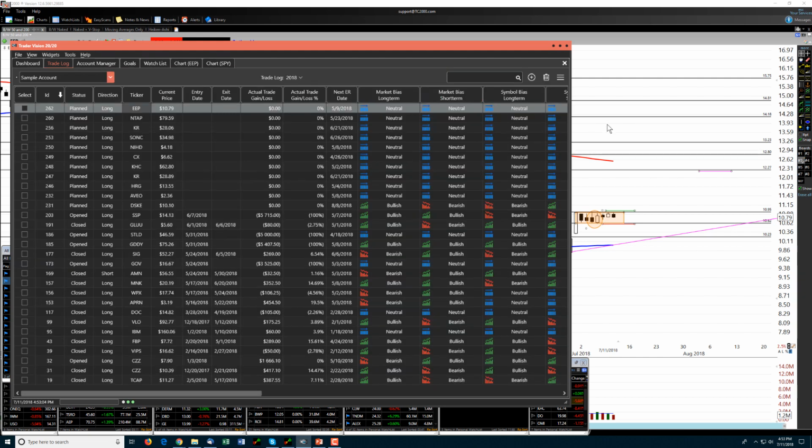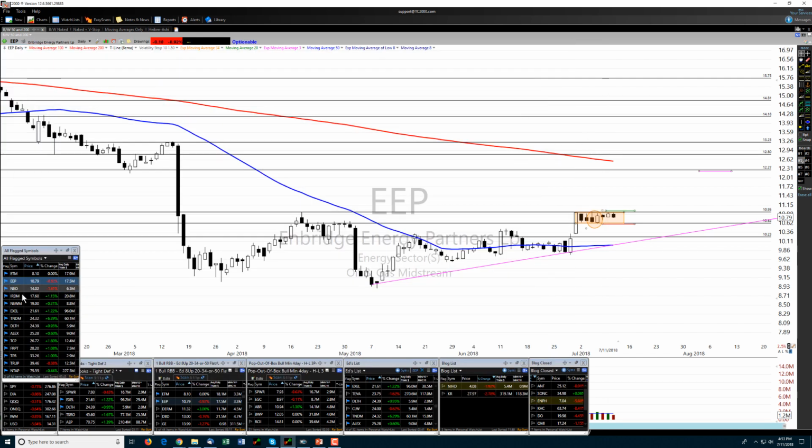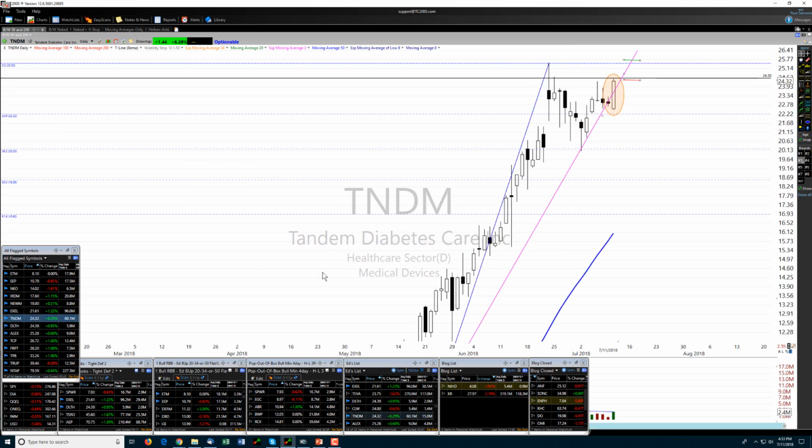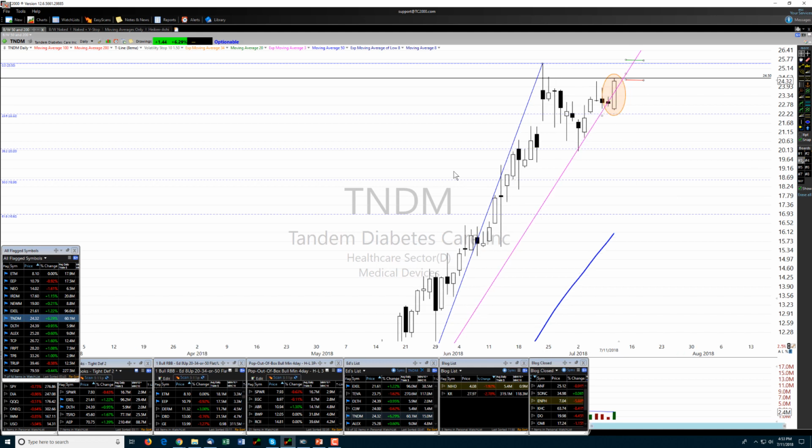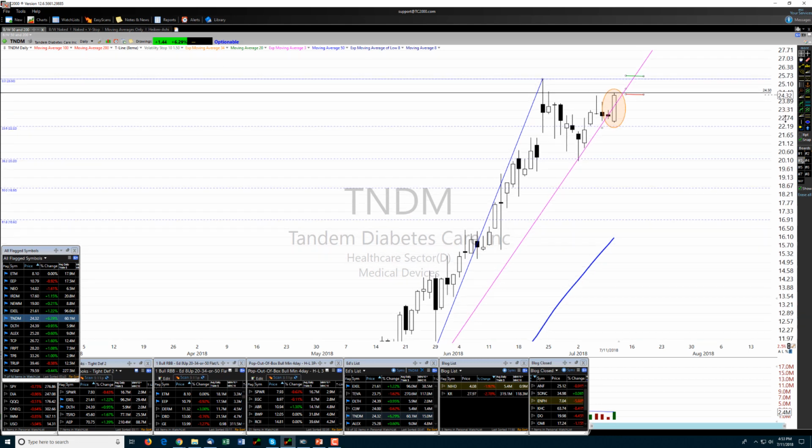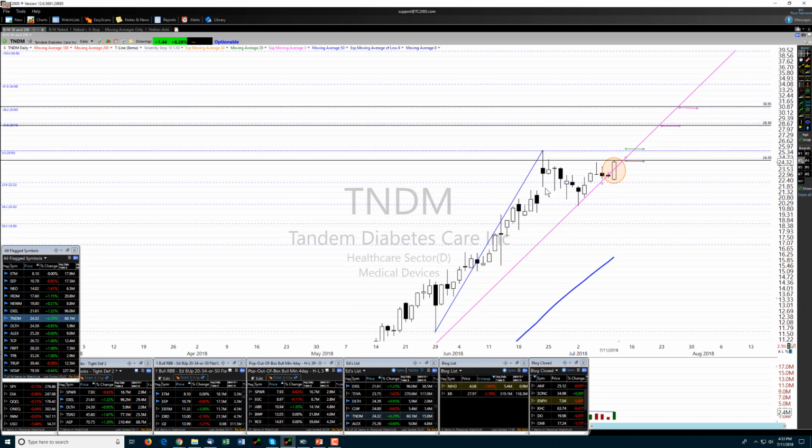Okay, let's go back over here. Tandem is one I wanted to look at. Big signal today, bullish engulfing of a doji, but we don't want to chase. It was a 6 1/4, 6 1/3% day today. I would be looking for it to break on out and retest that it's holding this breakout, using this level here as protection for my stop. So that's a pretty significant